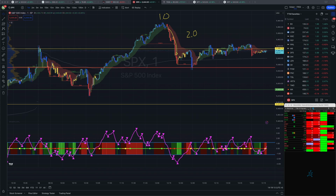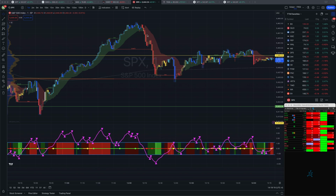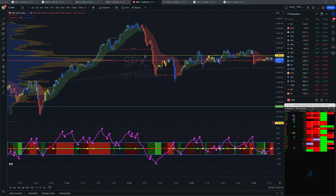Generally, on a continuation trade, I am looking for, you see these clouds, right? These are trend clouds. I'm looking for a change from an upward trend to a downward trend. So that's condition 1. I'm looking for that switch. I'm not going to try and write it here, but that's the switch. So I'll put an S, and a switch between those two, and then I'm looking for 2 red candles,